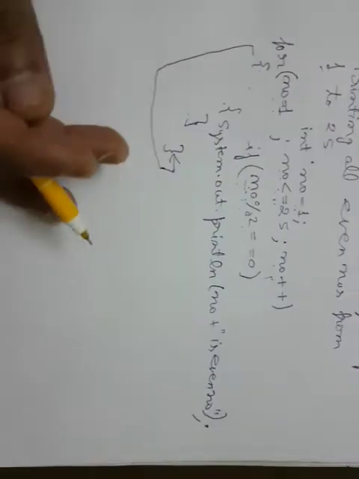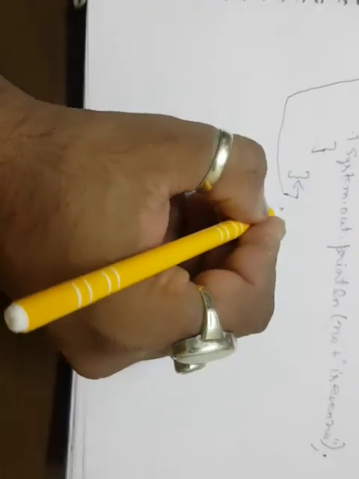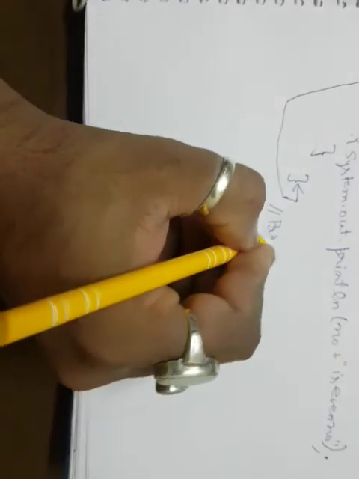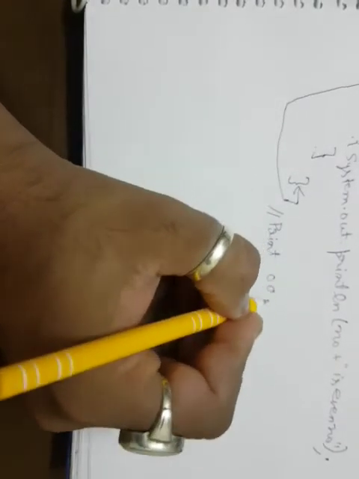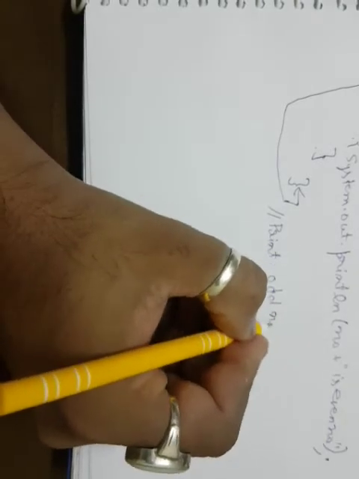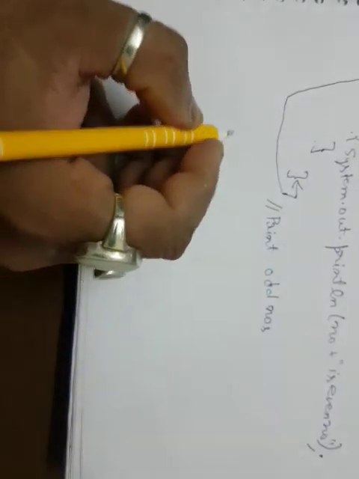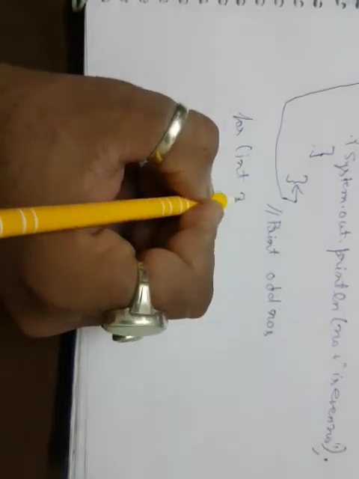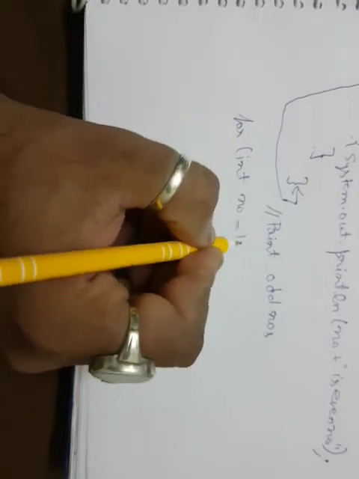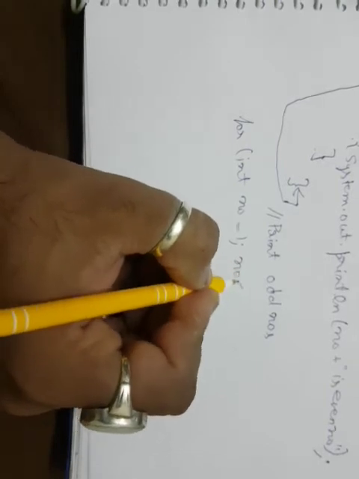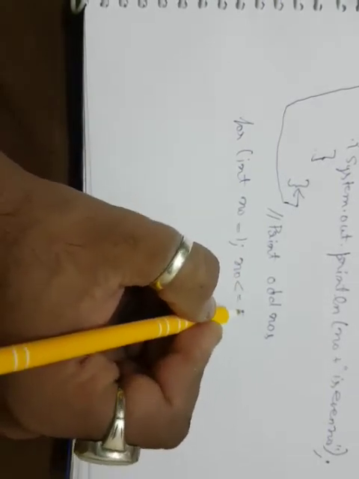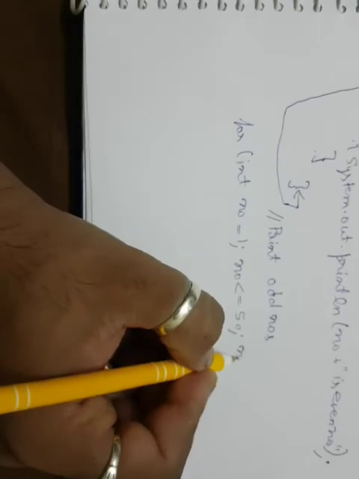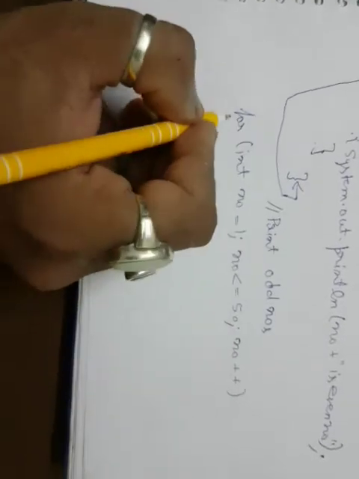Similarly, I can do the odd number questions. Suppose I want to print odd numbers. Alright. So odd numbers, how can I print? I have to again run the same loop. This time I write directly here int no equals to 1. Suppose I want to print all the odd numbers up to 50. So I can write it like this.